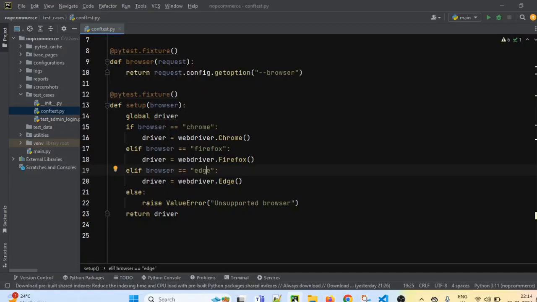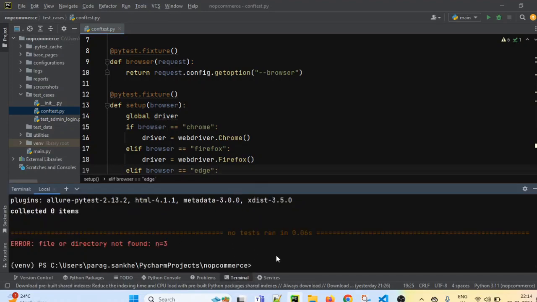So I will go to PyCharm. Now first let's execute the test cases on Firefox browser. Let's open the terminal. Inside this terminal we have to write a command like this: pytest -s -v. We are already inside the NopCommerce project. After that we have to provide the test case name.